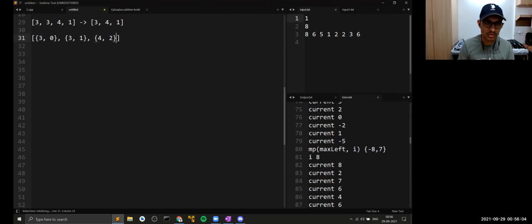4, 2, 1, 3. And now if you insert these elements into a set in the form of a pair, all these elements will remain unique. So this is another concept that you should keep in mind whenever you have to insert elements inside a set. What you can do is pair these elements with their indices. By pairing them up, all these elements will remain unique, so you won't have to use a multi-set for that.